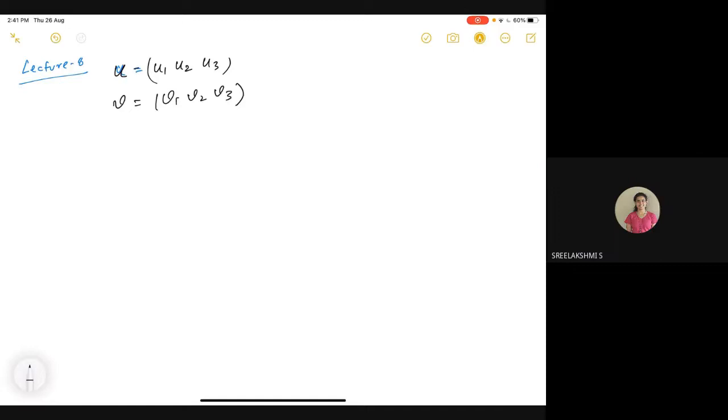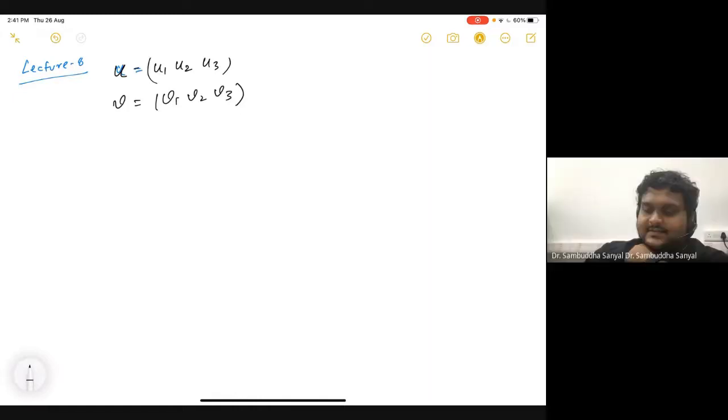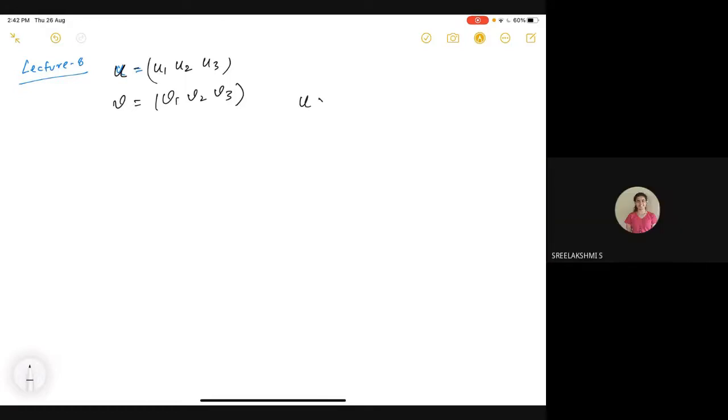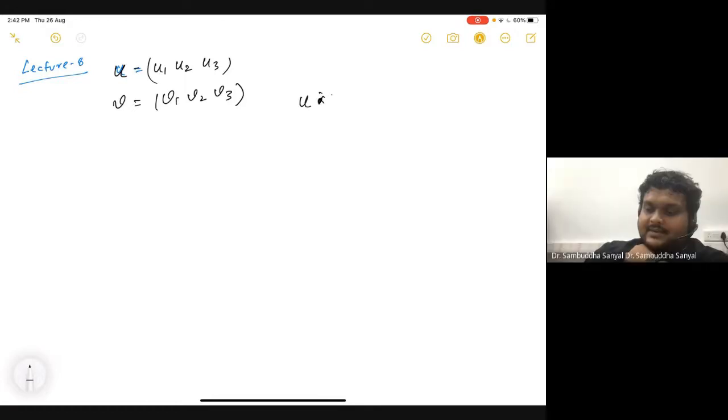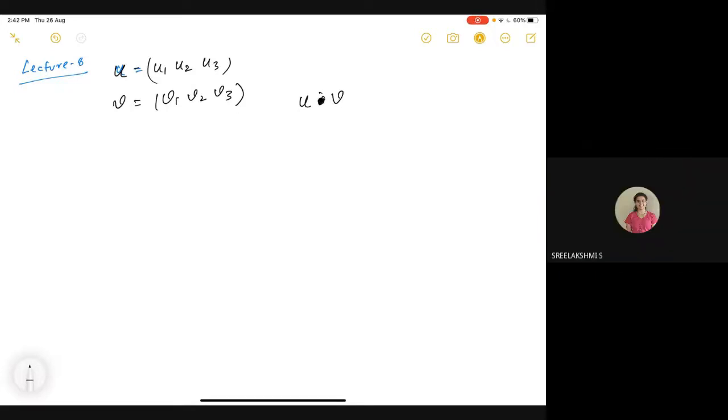Yes, sir, but we don't consider the things that are in the same dimension, one with the other two dimensions, like that. Yeah, say that once more. So let's say I want to do inner product first. Inner product is shown as a dot in the middle. We take U1 V1 plus U2 V2 plus U3 V3. Okay.